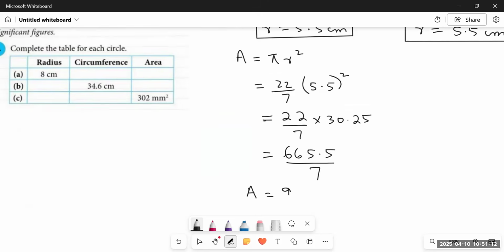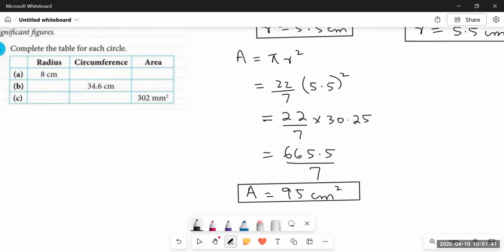So we have learned to find out the radius using the formula of circumference, and finding the circumference and area using the radius. Now the third thing, if the area is given and both the radius and circumference are missing, how can we find the radius? Just keep in mind that whatever is given, if the radius itself is given, then it's easy. Just apply the formula of circumference and area and find them out.